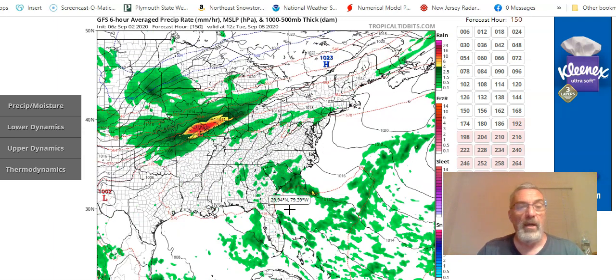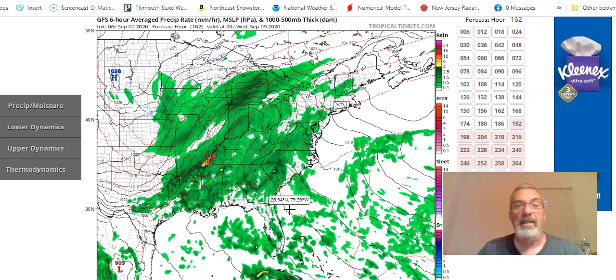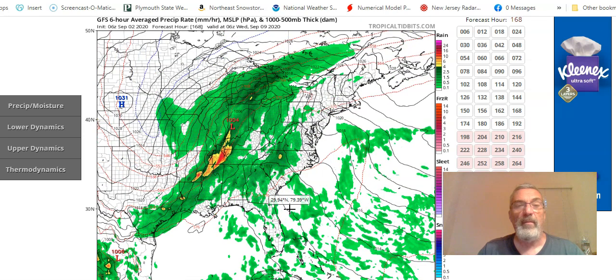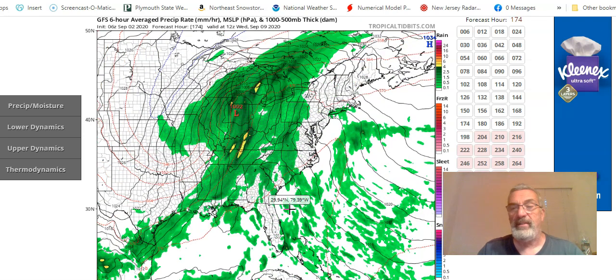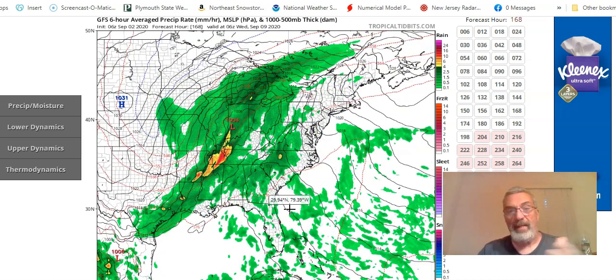And look at that low that develops in the southern plains and moves into southern Illinois on Tuesday, and then starts to pivot around and head towards the Great Lakes. We have a deep trough that's dropping into the Mississippi Valley. And I'm thinking most of the rain here is going to wind up staying to our